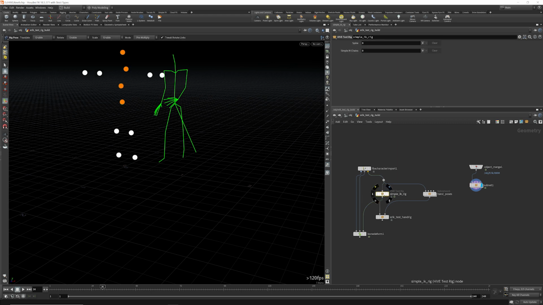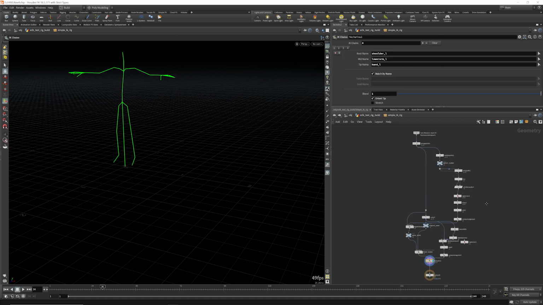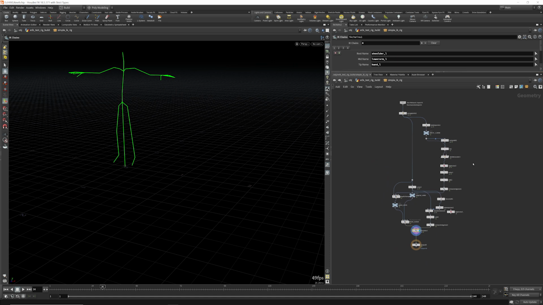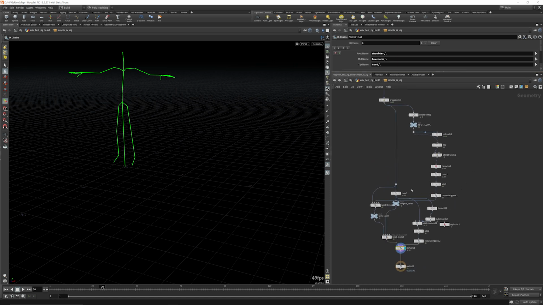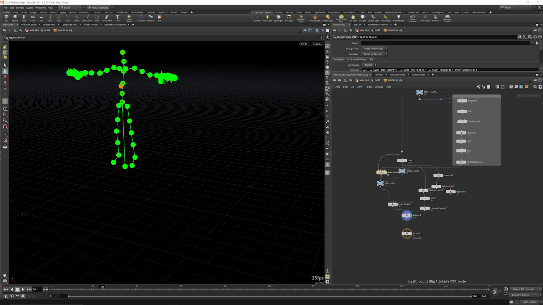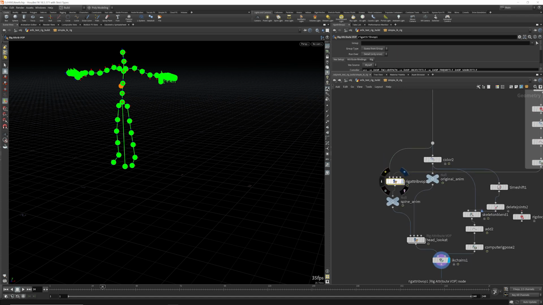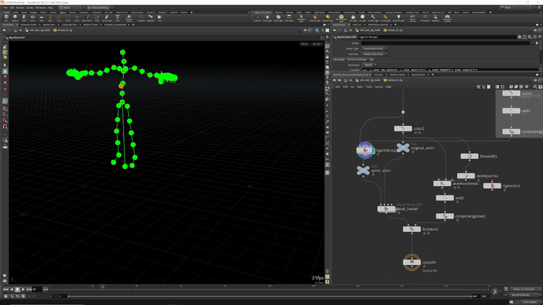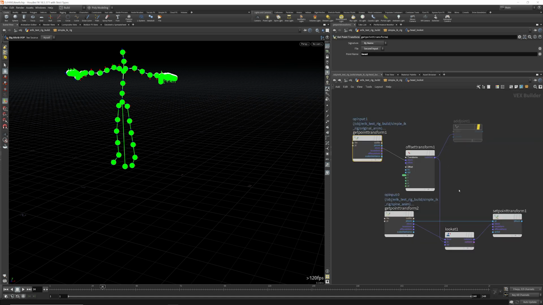So I've gone and done exactly that. If I crack open this network, it's not as clean. I did this before I had organized things properly. But here we've got our fitting of the spline. We've got the spline IK solve. I've then got that head look at. So if I have a look in this network,